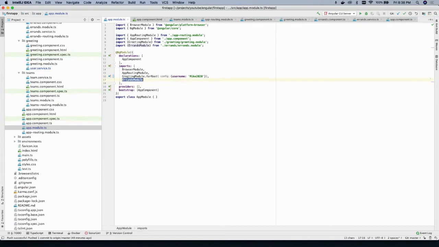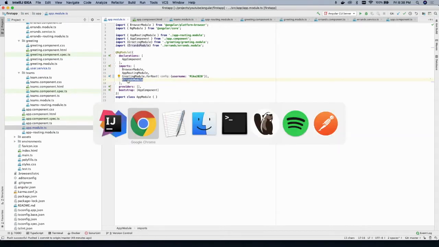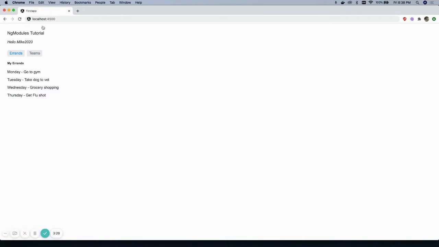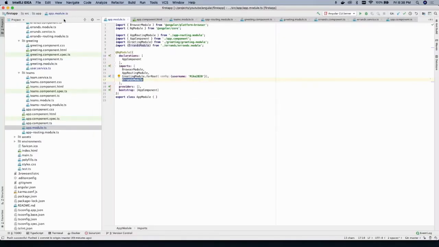And then you have the errands module, which is the default or the landing page that we land on when we navigate to the home page. So when index.html is hit in the routing module, I defined a property that said when you land on the root of the page, navigate to the errands component, and that's why we load this errands module when the app module itself loads, because we know that that's something that's going to be hit definitely by everyone that hits the page, as opposed to other modules that won't be hit